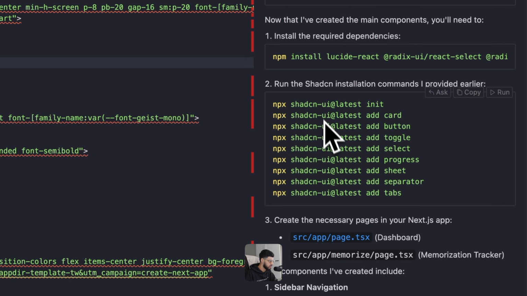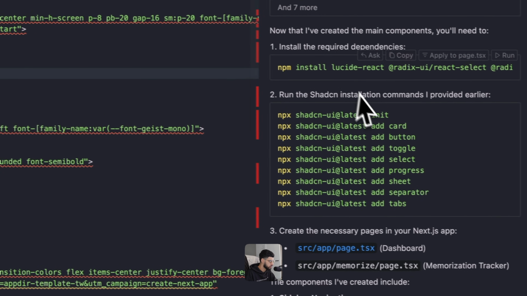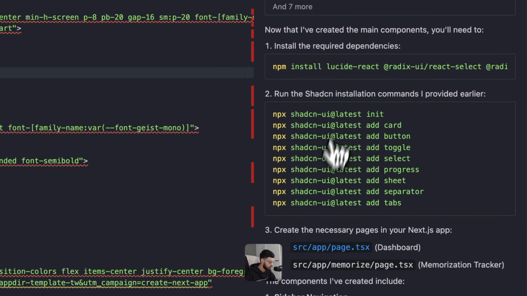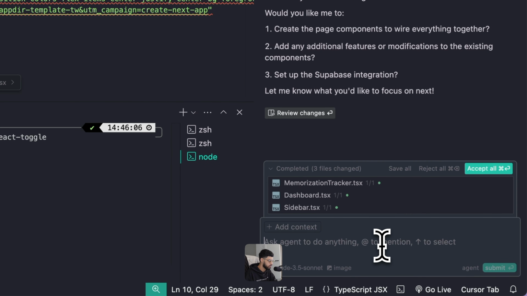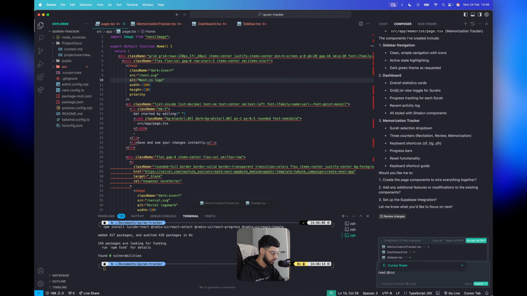So it's clearly not reading the rule that I've got in Cursor rules, because this is the wrong command. This isn't how you install shadcn components. I will say to this as well, read .cursor rules.